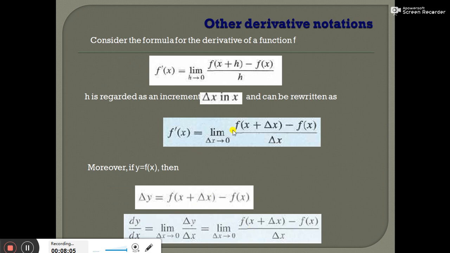And now the formula, the first principle we have done earlier. Here [f(x + Δx) - f(x)]/Δx, where Δx is the small increment in x, and Δy = f(x + Δx) - f(x), and this dy/dx is equal to limit Δx tends to 0 of Δy/Δx, and this is the first principle or ab initio method we have done earlier in 11th class.